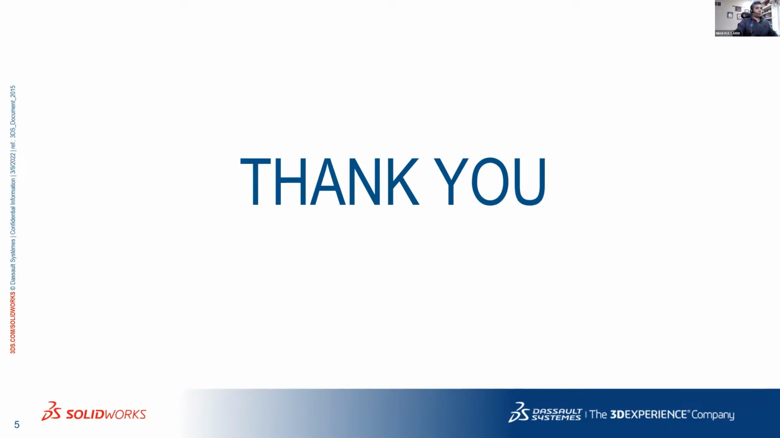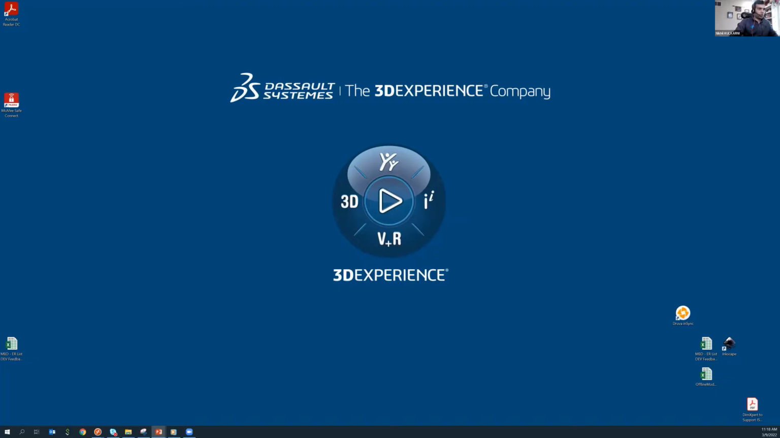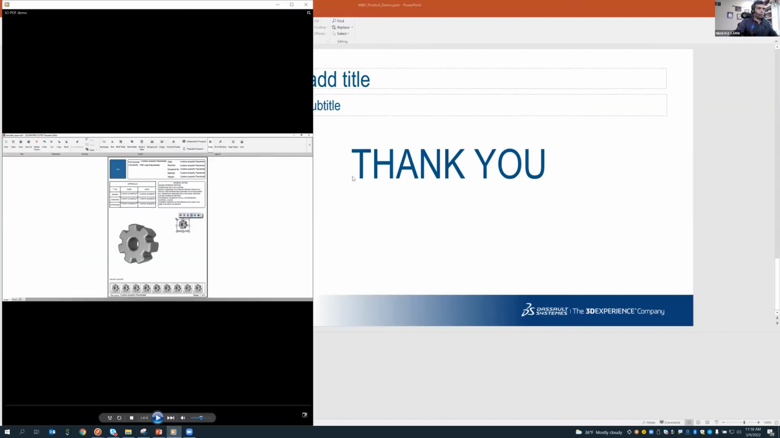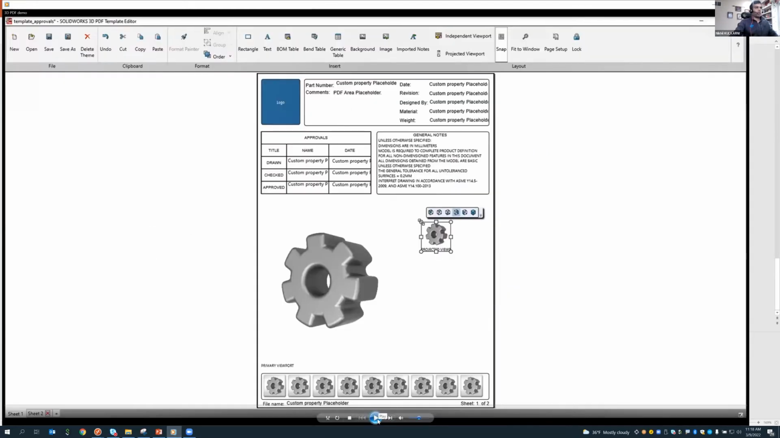So this is a part of the presentation. I'm now going to switch quickly to show you this in action, and I'm going to talk about it. So this is what the template editor looks like. I'm going to play the video, but I'm going to pause in between to actually show stuff and talk about it. So this is a custom